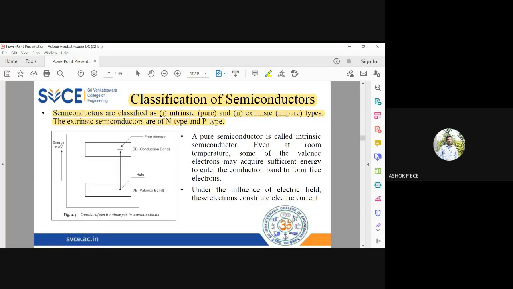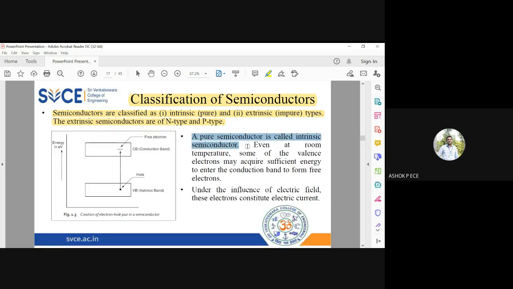So when the semiconductor is pure, it will not conduct, it will act like an insulator. Extrinsic means impure. Impure means I am going to mix something in and make the semiconductor impure. So intrinsic is pure, extrinsic is impure. So when the semiconductor is intrinsic,